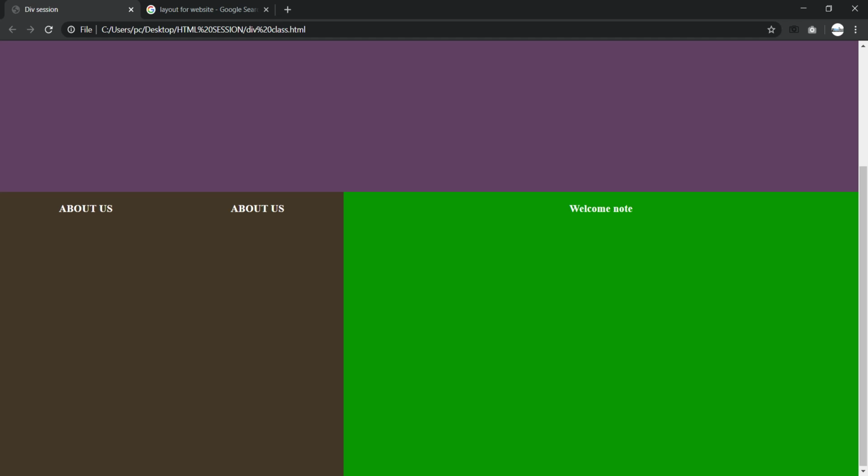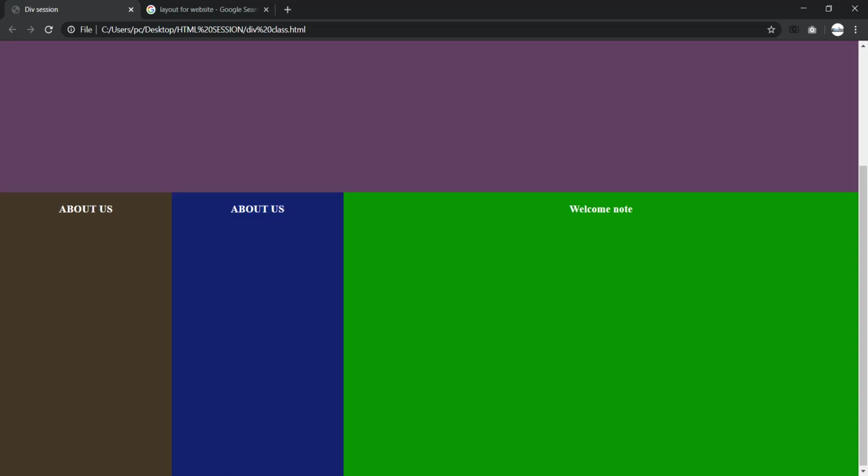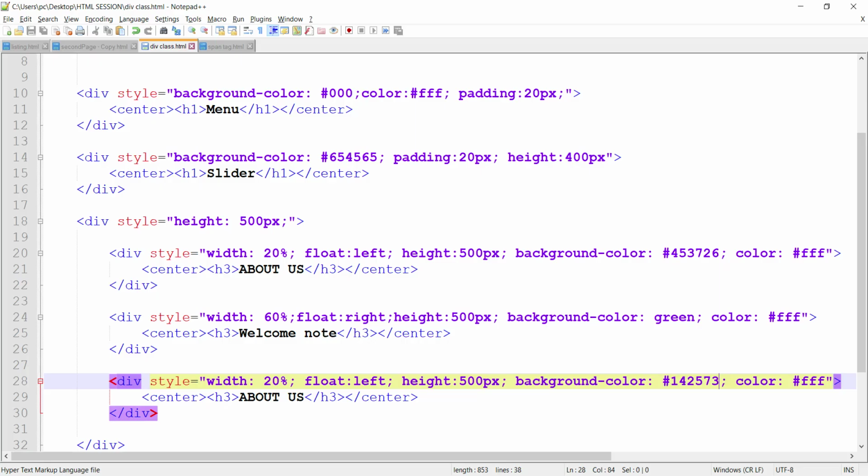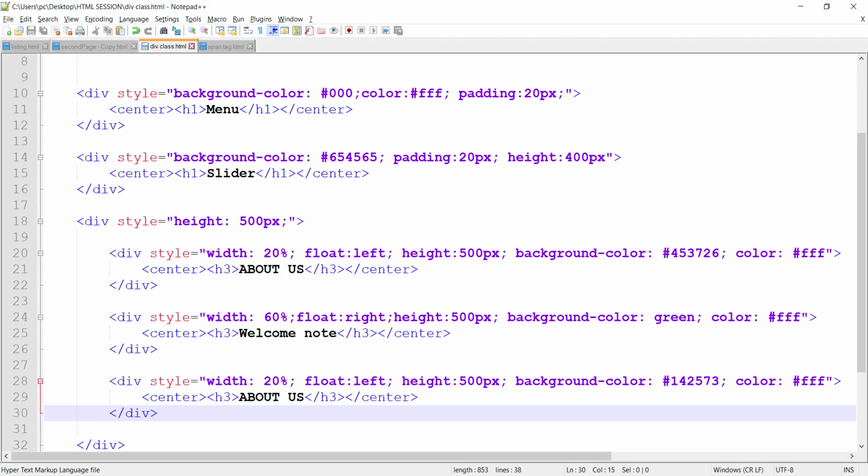But if you run this, we are getting our second div here. Let me change the color here to 123456. In the code we have given this at the last, right after the 60% width div, but how is it coming second?